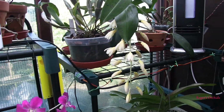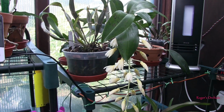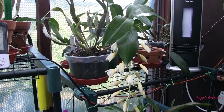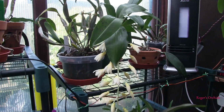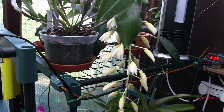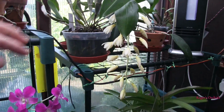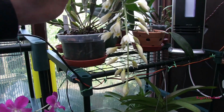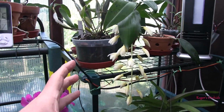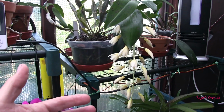Obviously I'll end up filming that several times because that's had a bit of a gap. I don't think it bloomed last year, but the year before it bloomed quite well. It's had a bit of a rest. Yeah, it looks like there's quite a few of the nubbins starting to push on, so hopefully a nice succession of these gorgeous spikes. It's effectively a cross between Farmeri and Griffithianum,